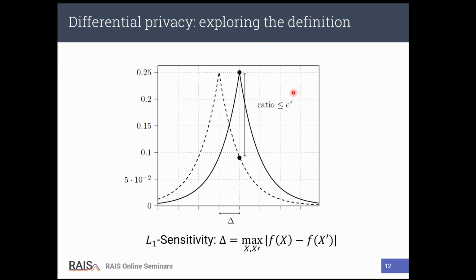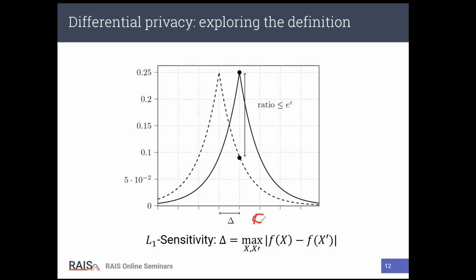So let's say for simplicity that epsilon equals the logarithm of 3. If epsilon equals the logarithm of 3, it means that this ratio should be lower than 3, which means that at each point, the probability density of a certain value,